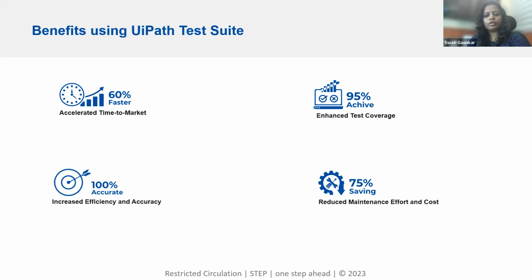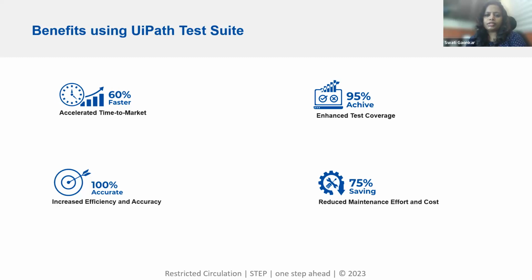In some cases, you can achieve 100% also, but approximately 95% can be achieved, and this is surely achieved because we are doing a lot of projects and we are getting more than that. Then 75% savings for the maintenance, as I mentioned earlier, and 100% accuracy. So you will accurately get the result,